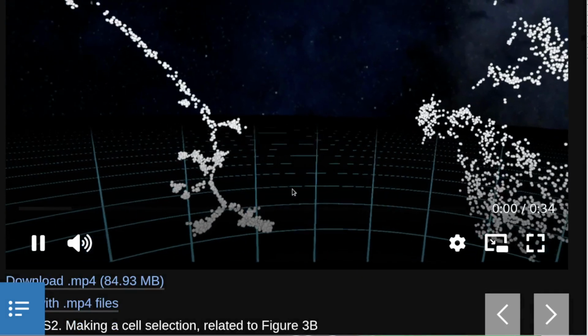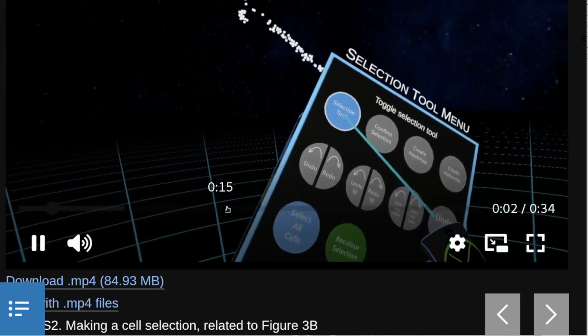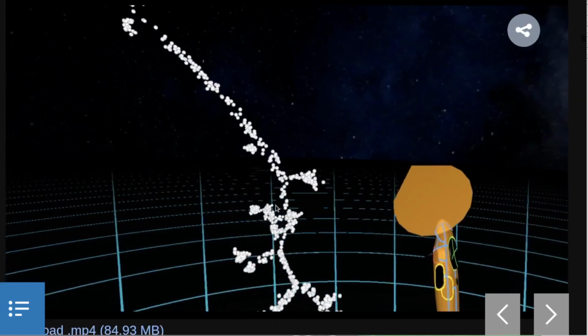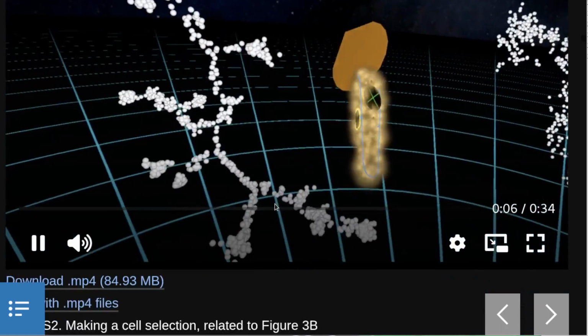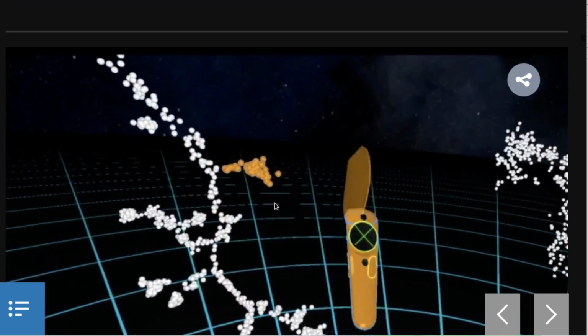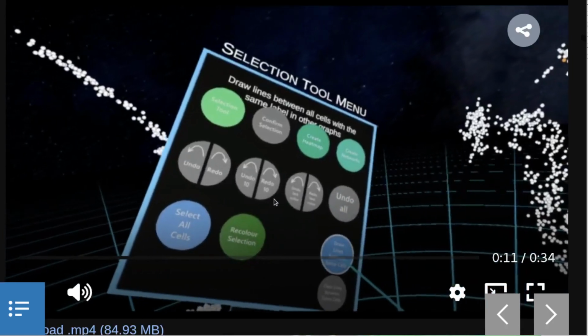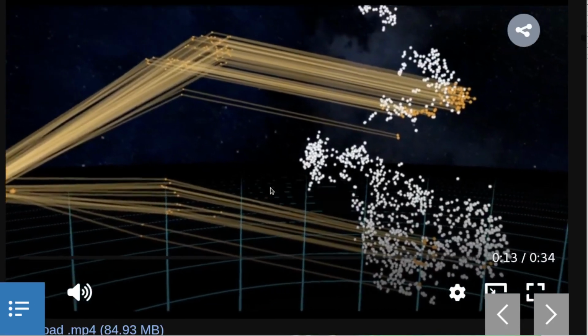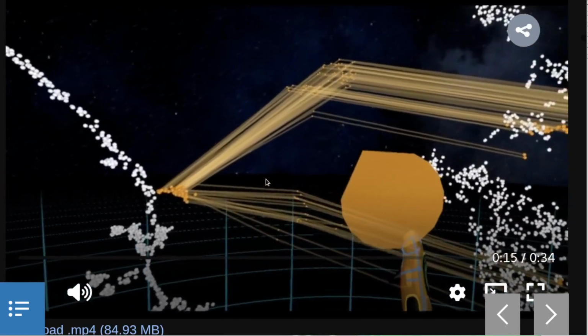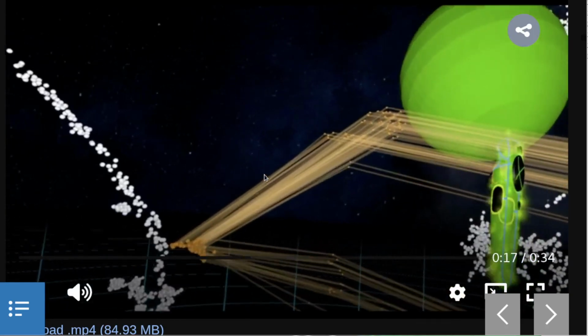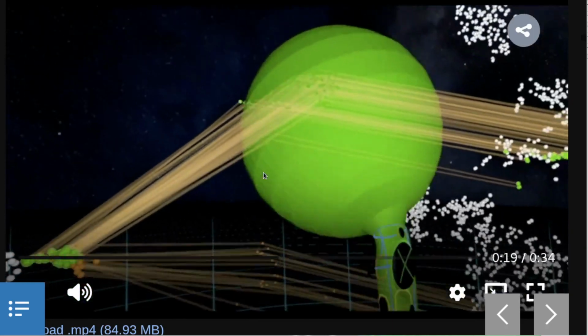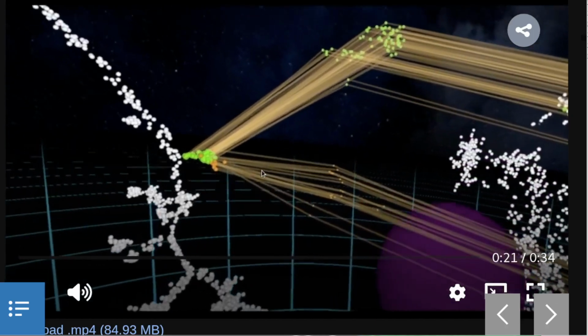Video S2, making a cell selection, related to Figure 3B. The selection tool is activated and the required cells are captured by passing them through the paddle. The cells can be traced to their counterparts in another DR plot, which has been calculated using a different method. The selection tool can also be used on the connecting edges to define in-groups from which differentially expressed genes can